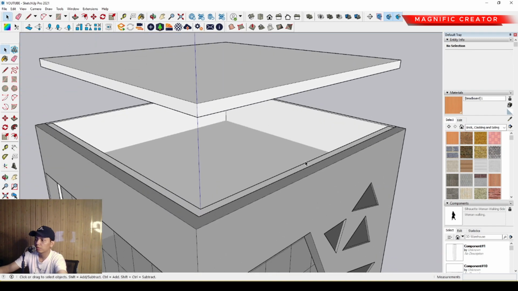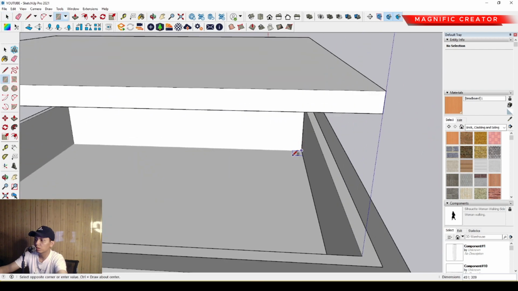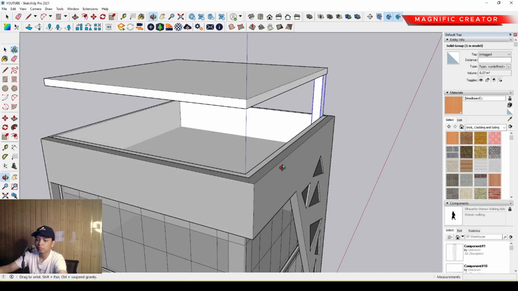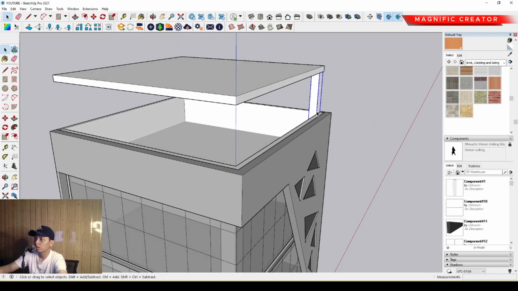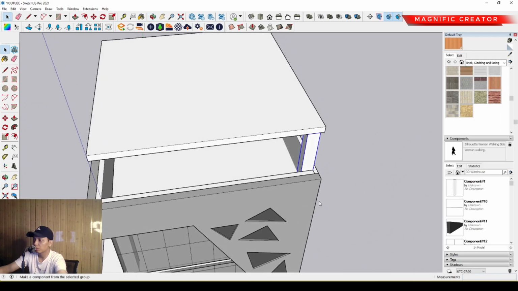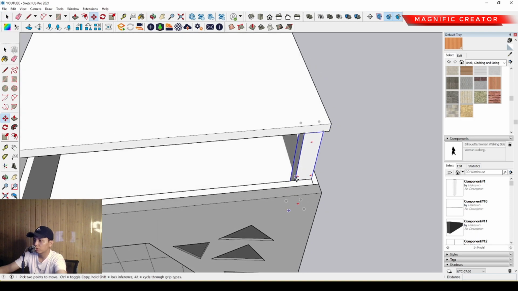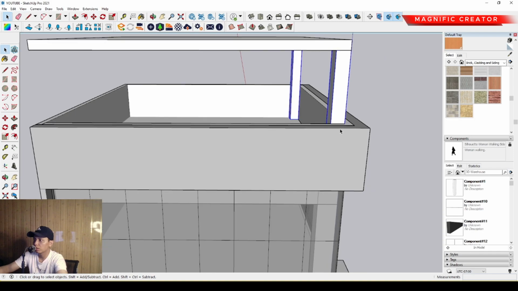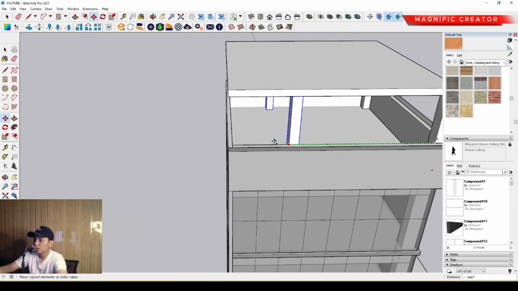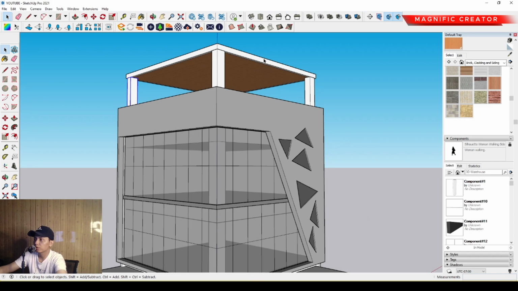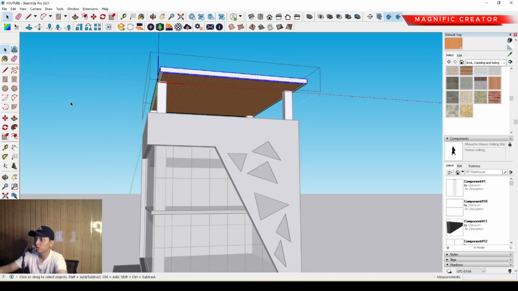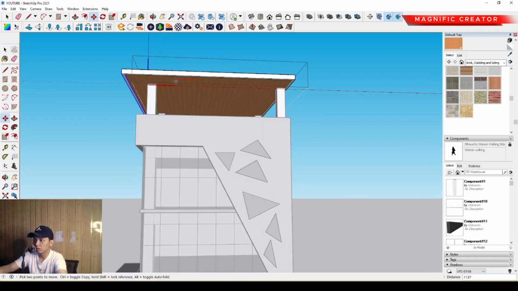Okay, and then we can make another support or column over there. We can push it to the upper position. Then we can make it a component, create, and then we can just move and press Control and place on this. Okay, then we can select move, Control, and place on this position. It's just an additional canopy. Okay, so then we can move it to the front position, then we can move it to another position,